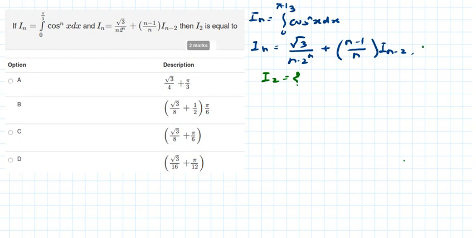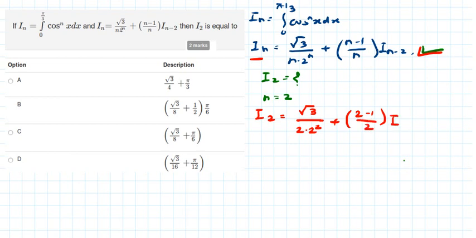So in this given reduction formula, if I put n is equal to 2, then see what will happen. If we put n equal to 2 in this reduction formula, then I2 equal to under root 3 upon 2 into 2 raised to 2 plus 2 minus 1 upon 2 into 2 minus 2 will be 0. So this is equal to under root 3 upon 4 into 2 raised to 8 plus 1 by 2 into I0. So our next aim is to calculate this I0, and this I0 will be obtained from the given example,